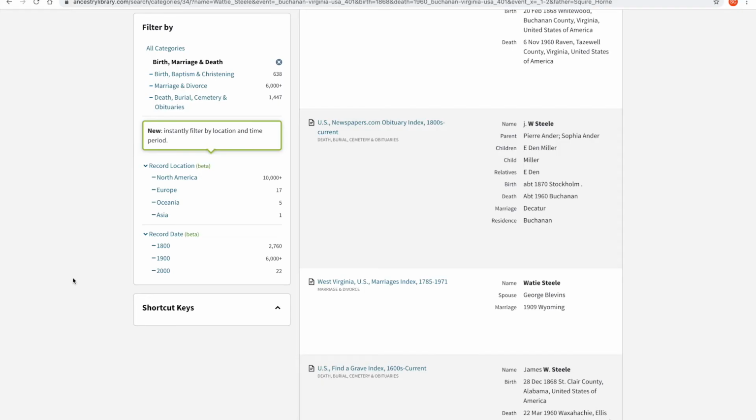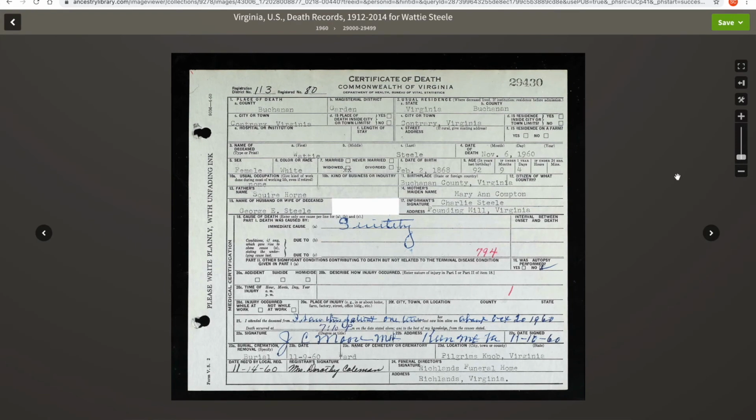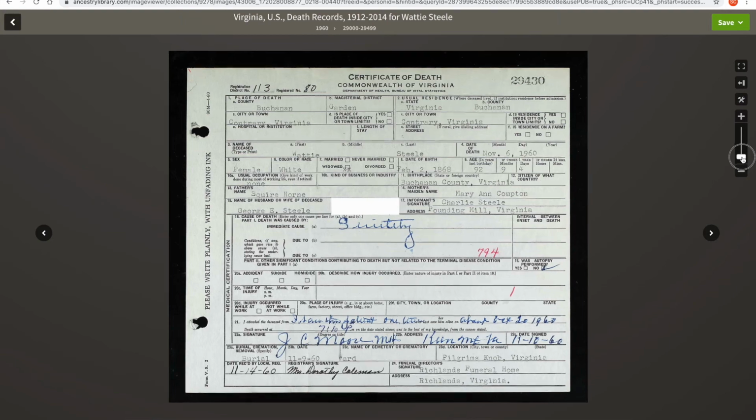Are you having trouble finding a marriage record? Then try looking at other types of vital records for the maiden name. Here we have an example of a death certificate from Virginia. The name of the deceased is listed on line 3, and then her father's name is listed on line 13, and her mother's maiden name is listed on line 14. So from this, we can see that her maiden name was Horn, and when she married, her last name was changed to Steele. And we can find all of this on the death record.